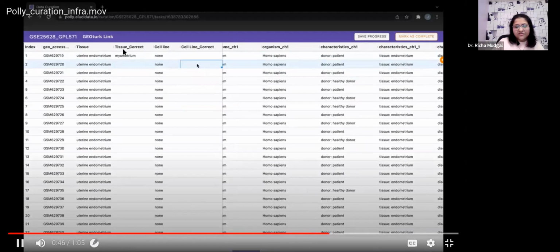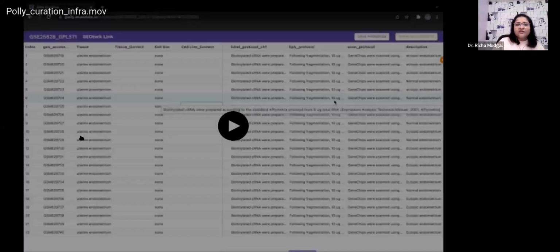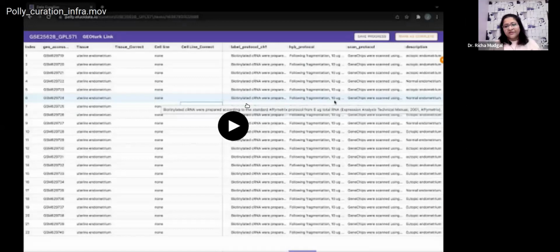This infrastructure gives us the provision to correct a metadata field. If something is correct, we just go ahead with it. When something is incorrect, we can rename it, add the metadata field into the other category, and then mark it as complete. What happens in the backend is not just that these annotations get corrected, but also that the Polybot models that were used get retrained and improve with time.